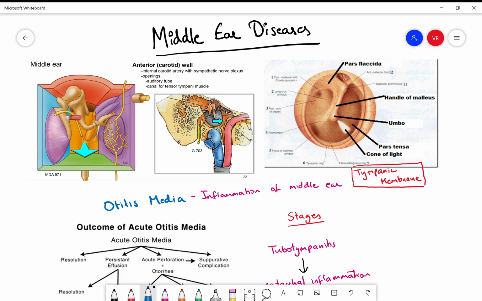Carrying on with middle ear diseases, before we go into diseases, a little bit about the anatomy of the middle ear. So, the middle ear is actually like a room or a space which is mostly containing air. So, this would be your outer part and this will be your inner part. Or rather, this would be your lateral side and your medial side. Laterally, there is the tympanic membrane present over here.